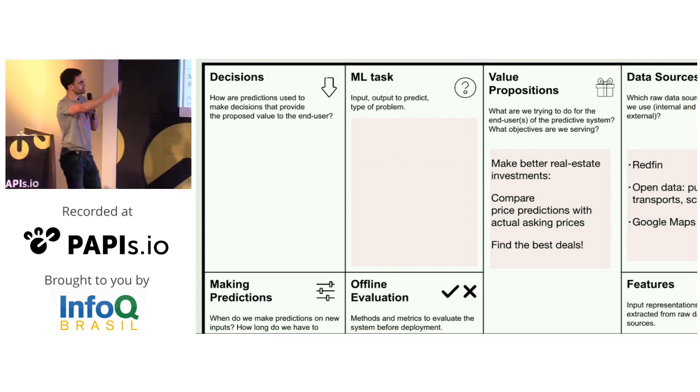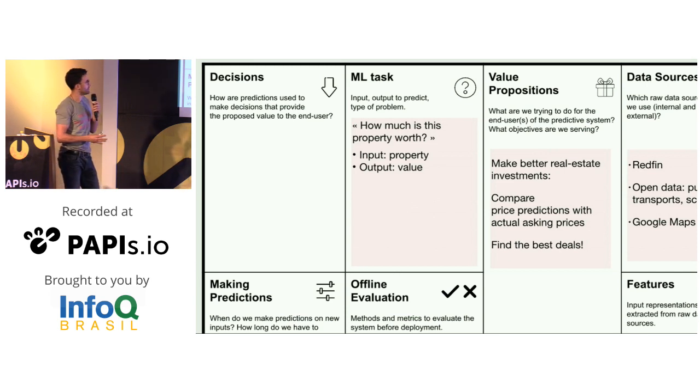All right, so going to the left of the canvas, what is the machine learning task? So we could say, all right, regression task, how much is this property worth? Expecting a number. So the input is a real estate property. I'm not saying anything about how to represent this property, right? You may be thinking about looking at the number of bedrooms or the surface or these things. Let's not have this discussion too early. Let's just identify what is the object behind that. Right? What is the input object?